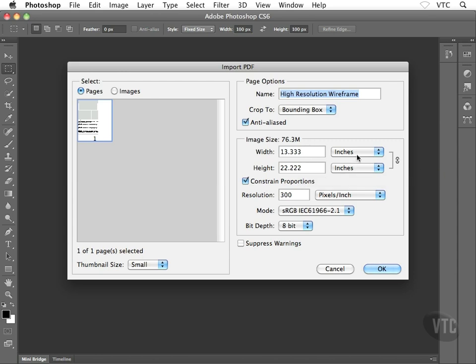That's huge. And first of all, I don't want to be working in inches. I want to make sure that I'm working inside pixels. So go ahead and switch your unit of measurement. And there it is. Photoshop wants to bring this in at a width of 4,000 pixels. Well, wait a minute, we only need 960 pixels. That's what we set the original width to, right? So that's what I'm going to type in here, 960 pixels, and the height automatically adjusts to 1600 pixels, assuming that constrain proportions is turned on, and it should be turned on. All right, good stuff. Go ahead and click on OK.